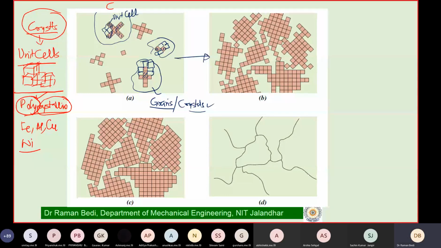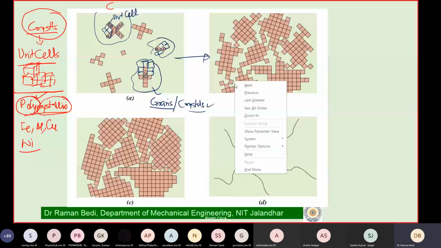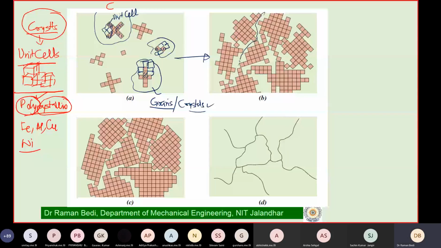So we find that they have grown now, and now they start interfering with each other. There is no way now this growth can happen. Because this crystal, if you find, is now stuck here. It cannot grow according to its own orientation. So the crystals which were growing here, when they come close to each other, they come to condition C, where now almost everything is crystallized. But what is the problem?